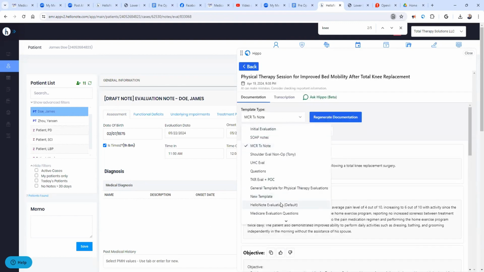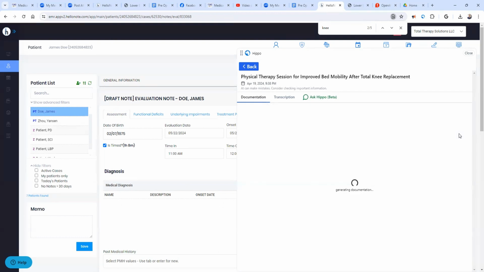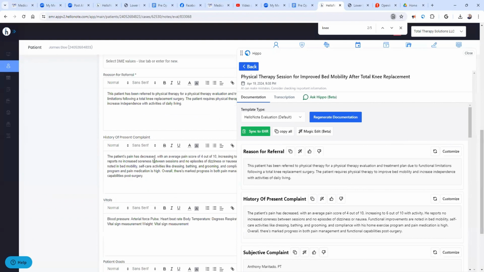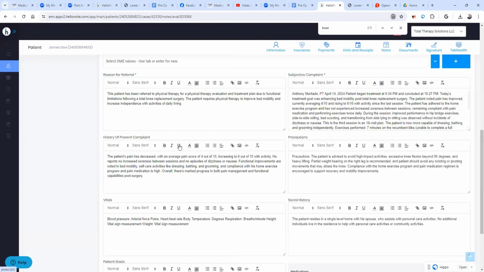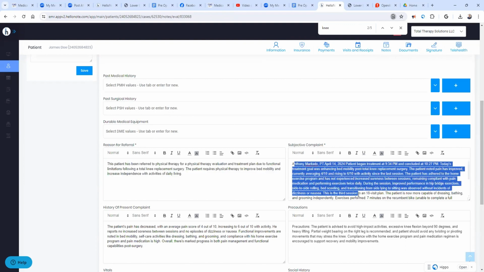I come in here and I go to the Hello Note evaluation default template. I click, it's regenerating the information. Let's give it just a moment. And then I'm going to sync to the EHR. So right now I am using the HippoScribe Chrome extension tool. I just told it to sync. I'm going to close. Now you can see this is all populated